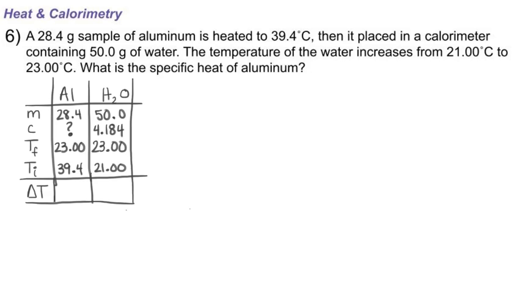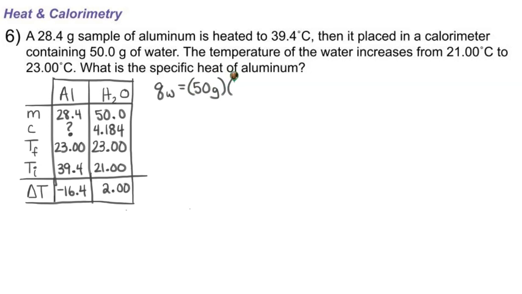23 minus 21 gives us a change of 2.00 degrees Celsius, and then 23 minus 39.4 gives us a change of negative 16.4 degrees Celsius. So all we need to do is figure out the amount of heat that's taken in by the water, and we'll know that the amount of heat that is given off by the aluminum is that same magnitude, just opposite sign. So Q for the water equals mass, 50 grams,